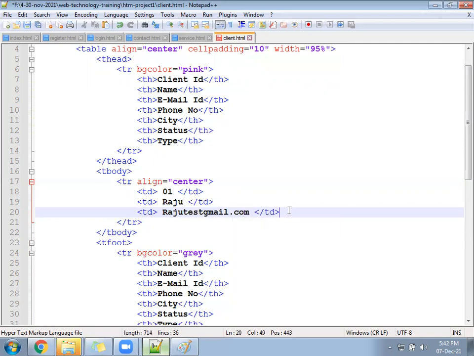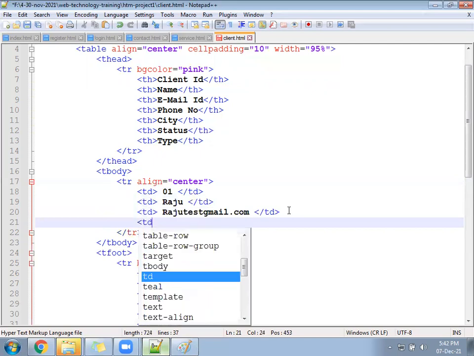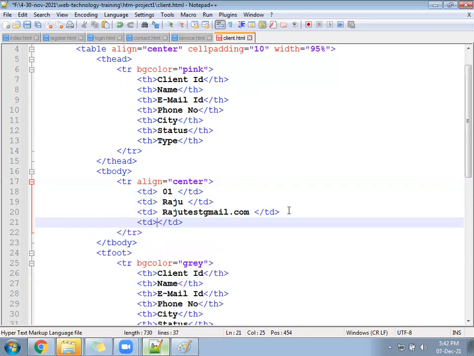Next TD is the phone number, some number you can write.